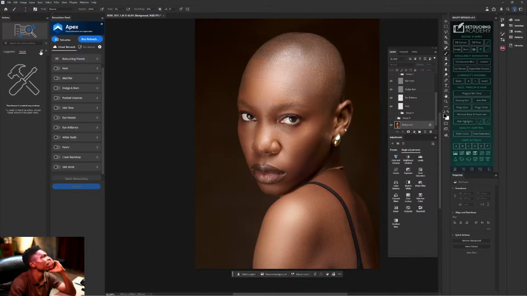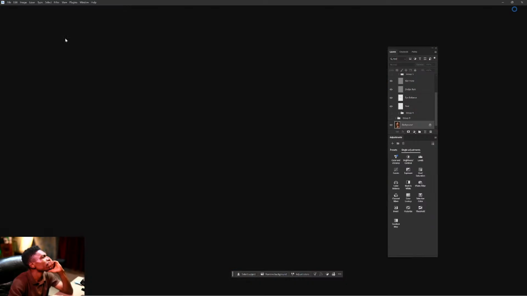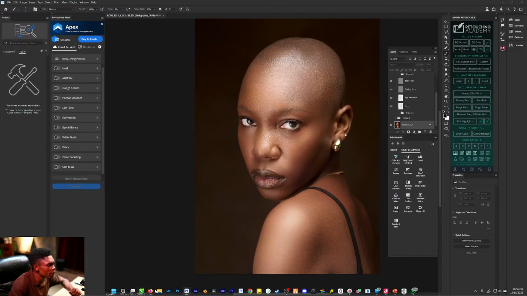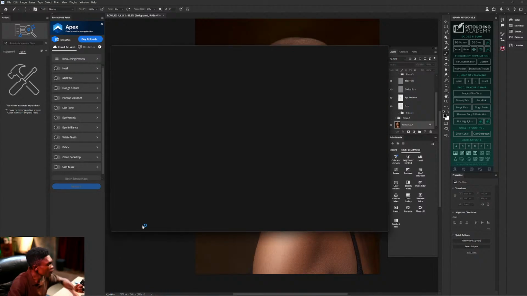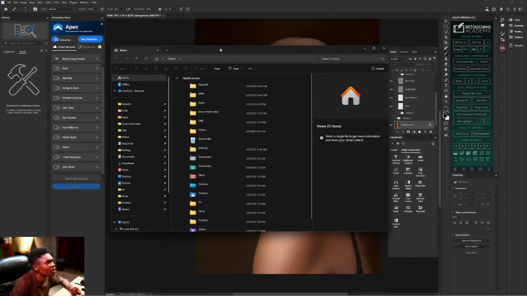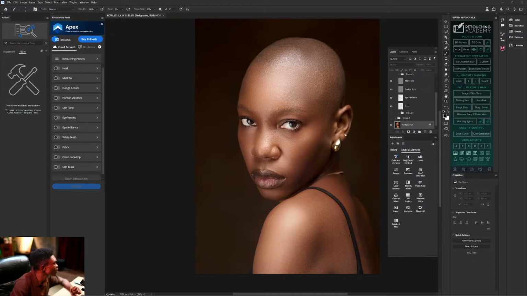Let me find an image with a backdrop to clean. Okay, let me just show you. Let me find an image so that as I talk, I show us and we see how it works.